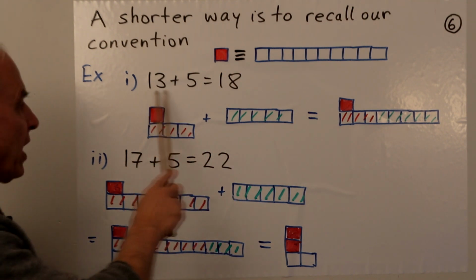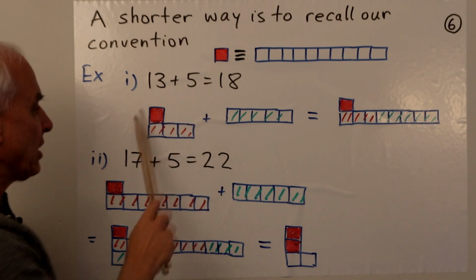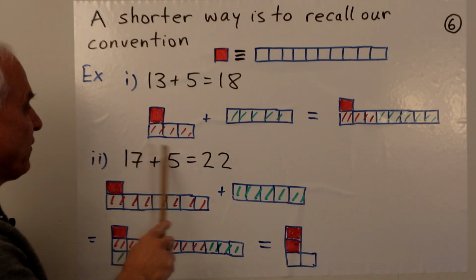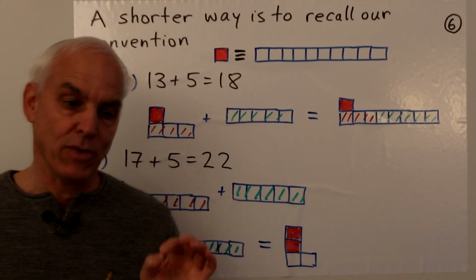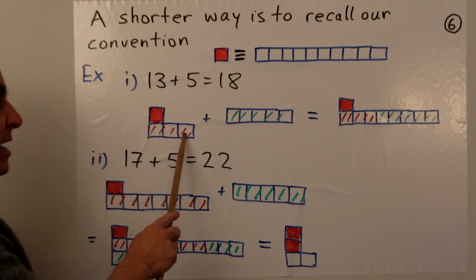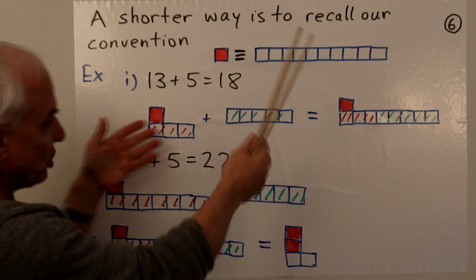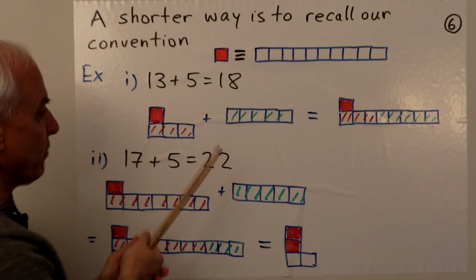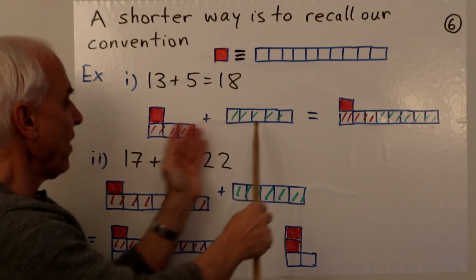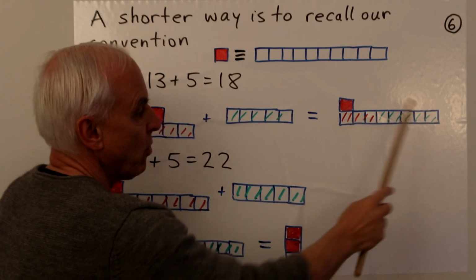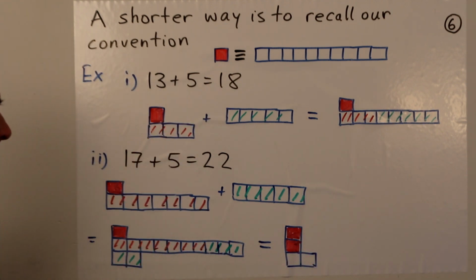So let's have another look at 13 plus 5 equals 18, where now we're representing 13 much more compactly with this form here. There's a single 10, a red square that represents 10, and 3 more. And here's our 5. Then again, geometrically, we can still perform our juxtapositions with these things. We put this 3 and this 5 together, forming that little row there of 8. So we have a 10 and an 8, and that indeed is 18.